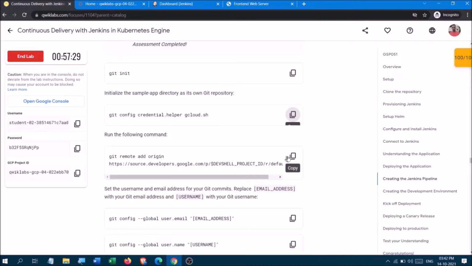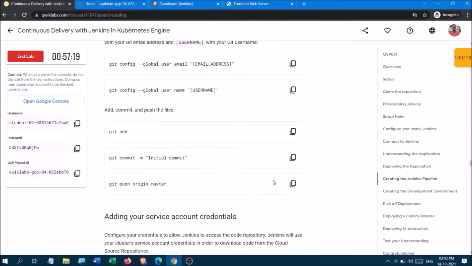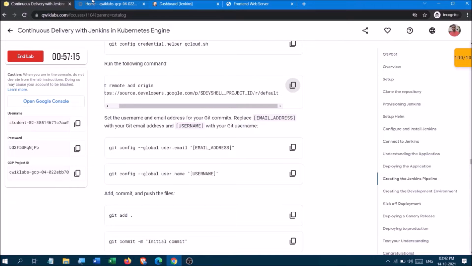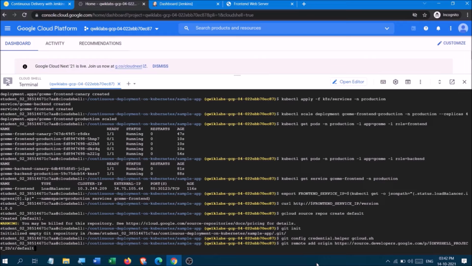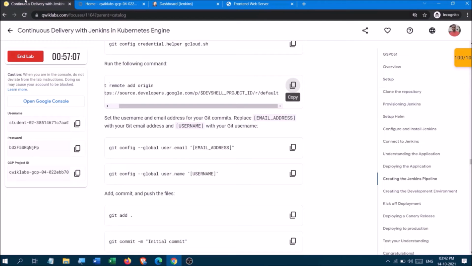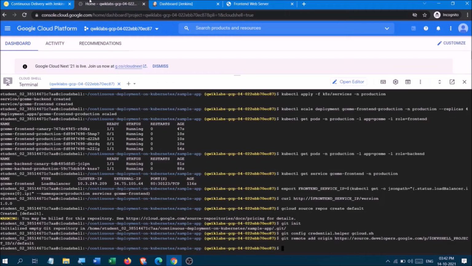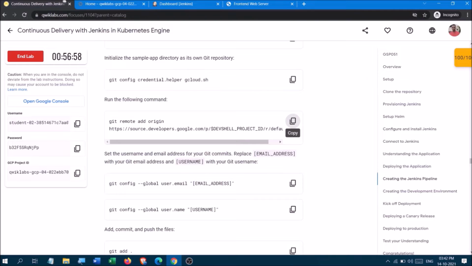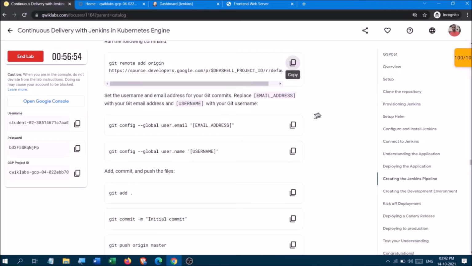Okay, so copy this. Now, okay, here comes your GitHub part.